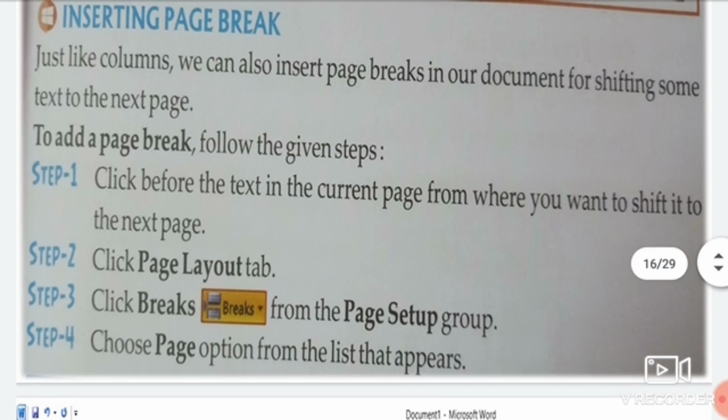So where the cursor is positioned, from that point it will shift the second paragraph to the next page. That means the page will break from that position where the cursor is placed.